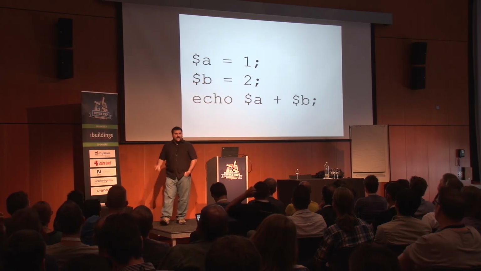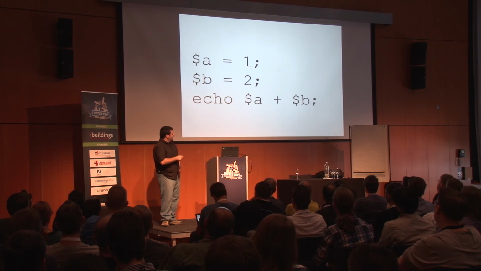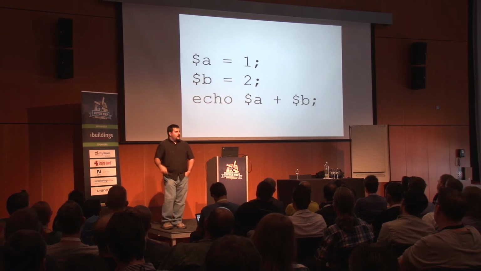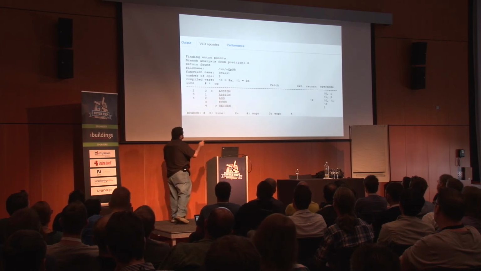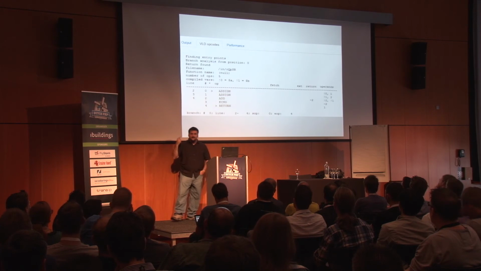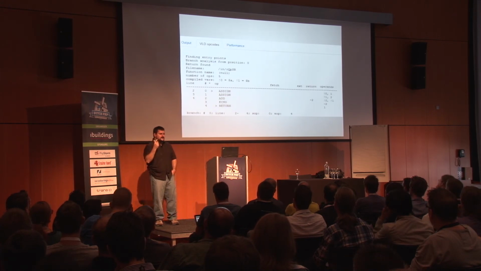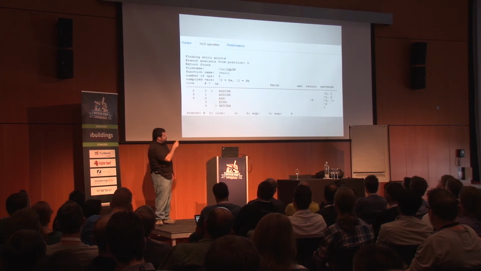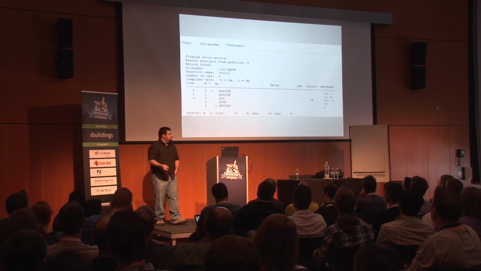So what happens when we actually have actual code? Well, we have $a equals 1, $b equals 2, and then echo $a plus $b. Under the hood, PHP transforms it into an oparray of this. And if you use, I always screw up the name of this, this code pad, 3v4l.org, I think it is. There's a tab where you paste in code, and then you go to VLD opcodes, and it'll actually show you the operations PHP is parsing your code into.